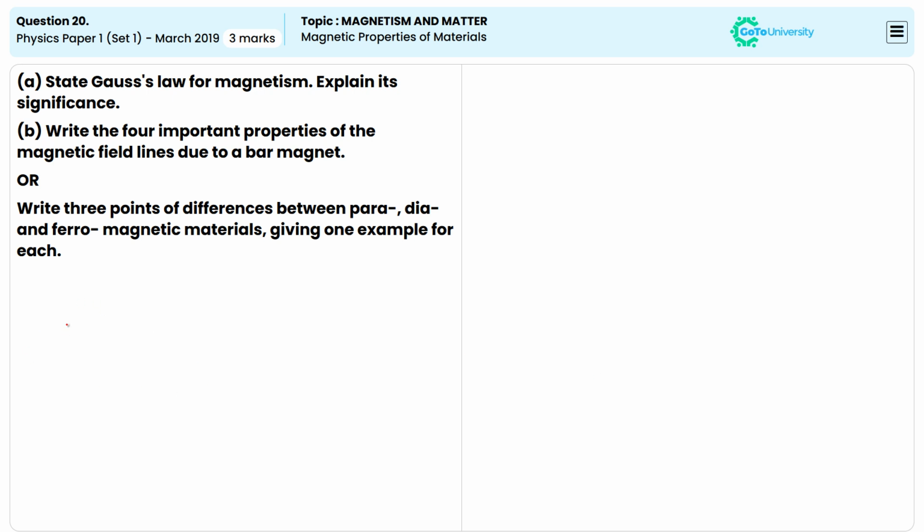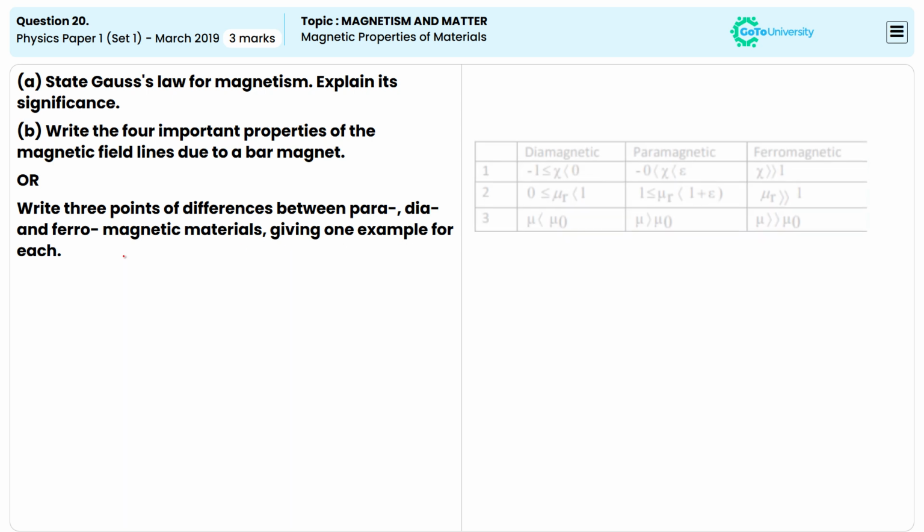Second part, write three points of difference between paramagnetic, diamagnetic and ferromagnetic materials. Give an example for each. The differences are: